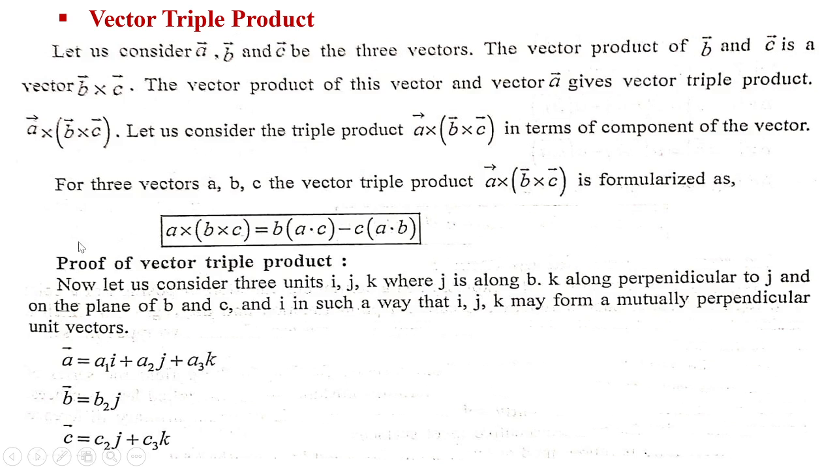i j k, we know the formula, b1 b2 b3 c1 c2 c3. Using that formula we get from this. So next, that is c bar equal to c2j plus c3k. From this we get c1 0 c2 c3. So b bar cross c bar equal to, after solving the determinant, b2 c3